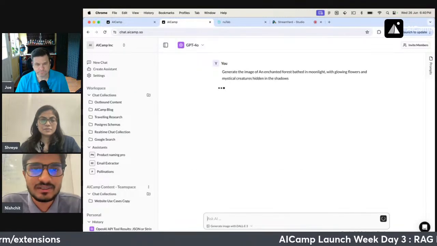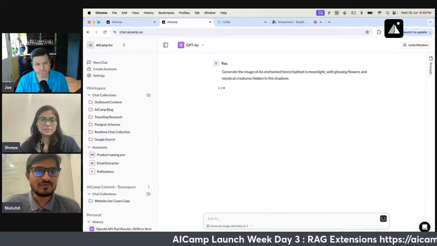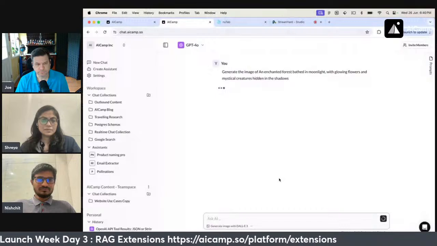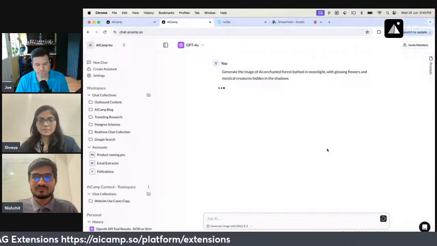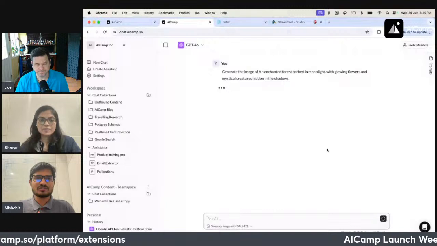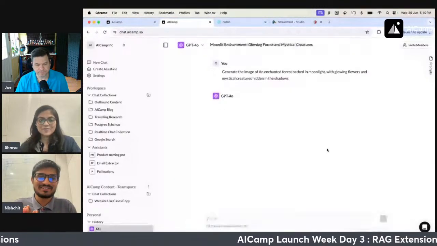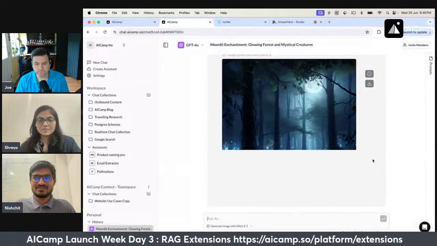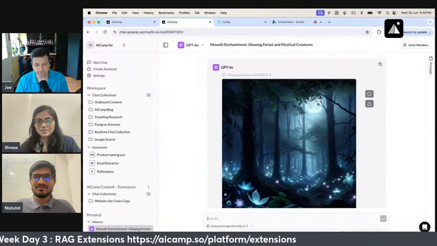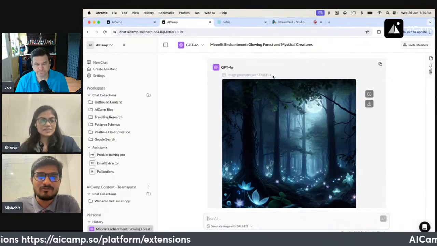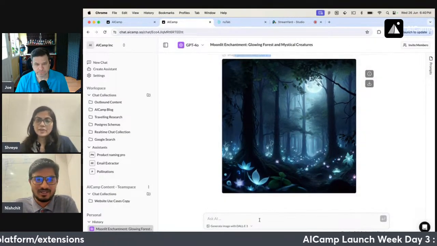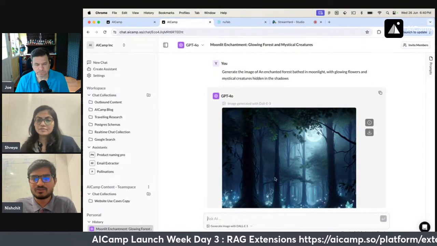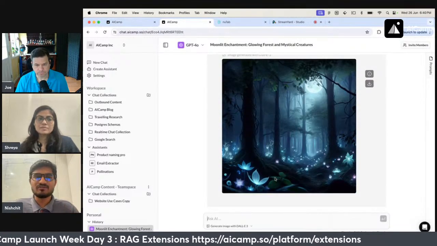So let's see what it is generating for us. Image generation typically takes around 10 seconds, so we will have to wait. Okay, great. Wow, looks nice. This image is generated with the help of the DALL-E 3 plugin. Now we can again ask plain things to the model and continue the chat, or if you would like to regenerate the image based on an update, we can go from here.